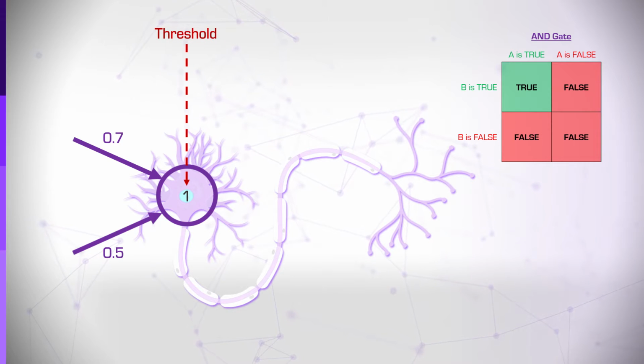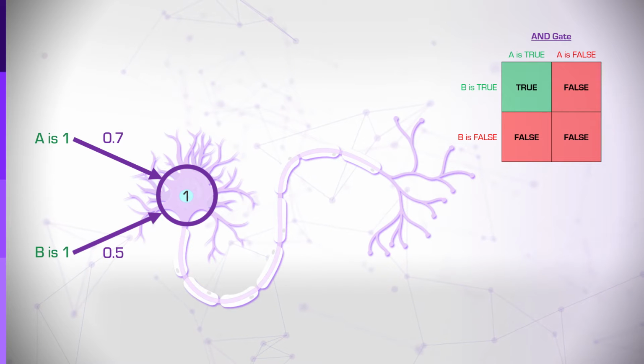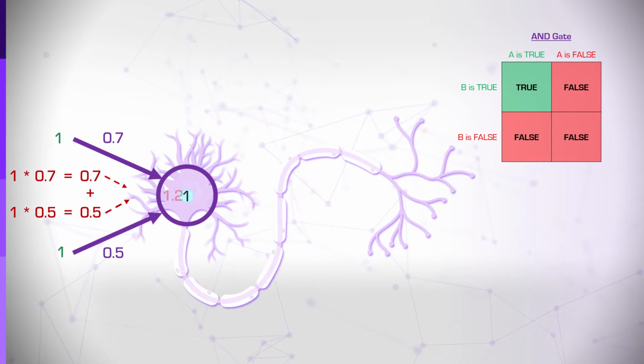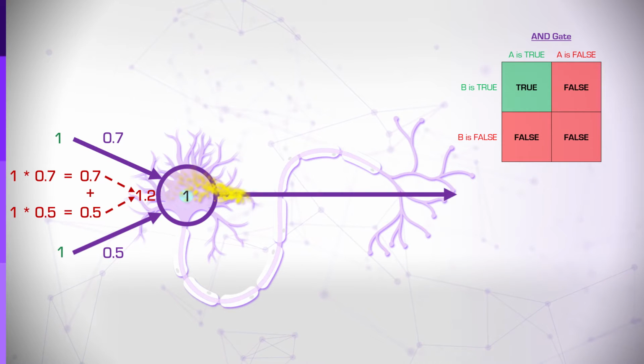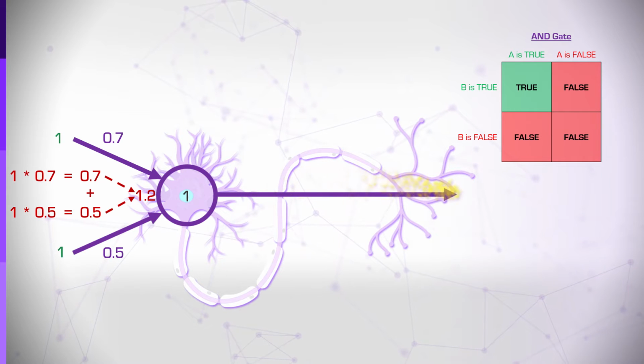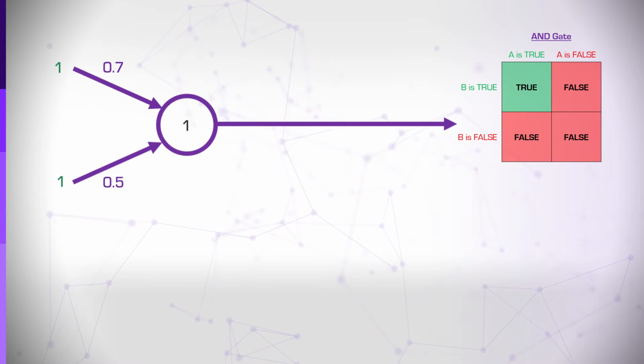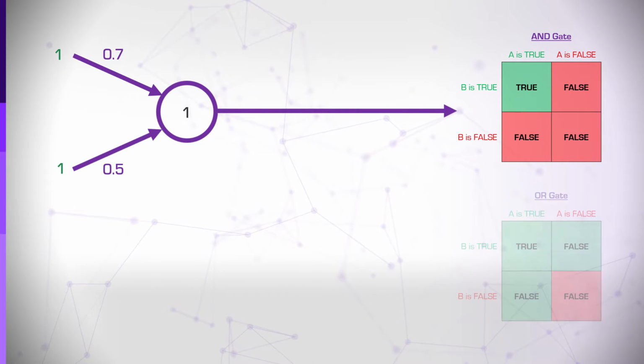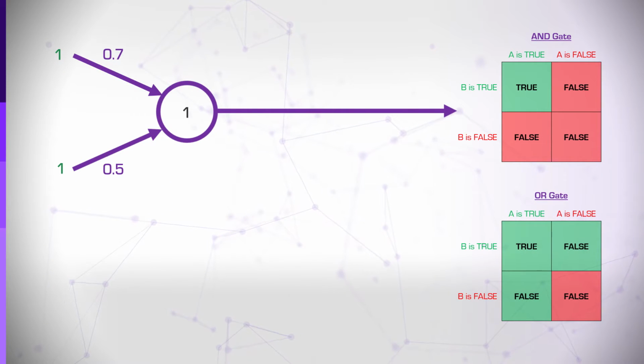As you can see, only if both dendrites received true or 1 as input from the axons of other neurons, this neuron will fire. In the context of a network, this means it will pass the message to yet another set of neurons. What happens if we'd like to change it to the OR logic gate?